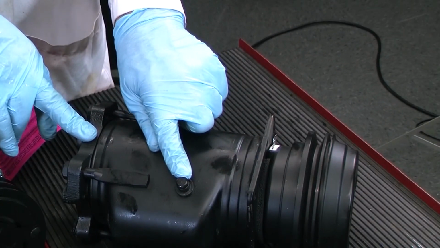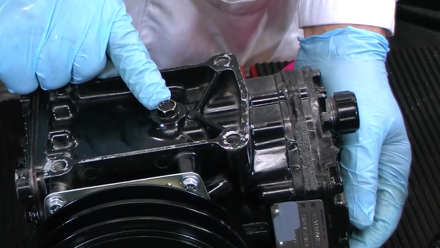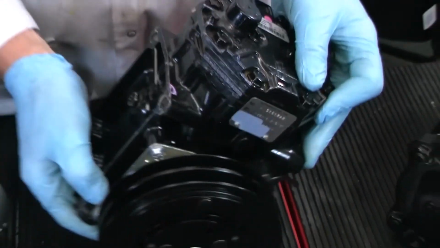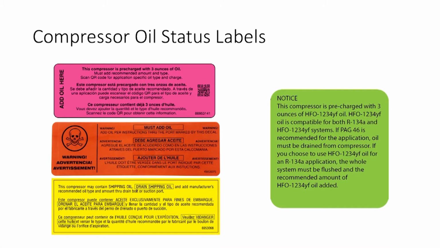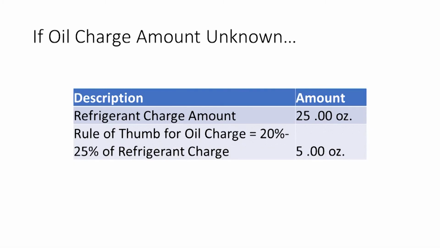Note that these older A6 axial design and these inline York-Tecumseh compressors do have a crankcase, to which the total oil charge should be added by way of the oil plug opening. Don't forget to take account of any oil already in the compressor by referring to the colored label. If for some reason you do not have the specific oil amount specification, a rough rule of thumb is a ratio of at least 20% oil to refrigerant by volume. For example, a system that calls for 25 ounces of R134A would require 5 ounces of oil.